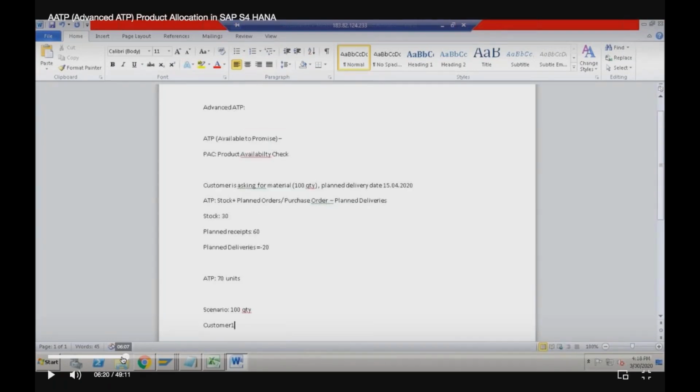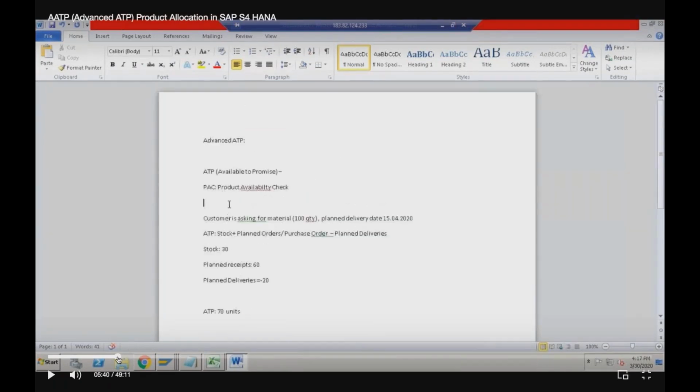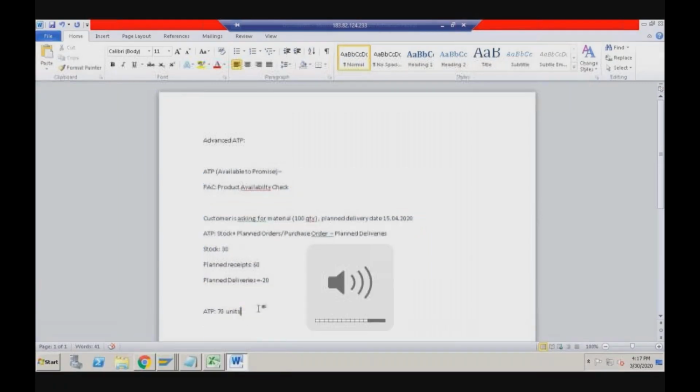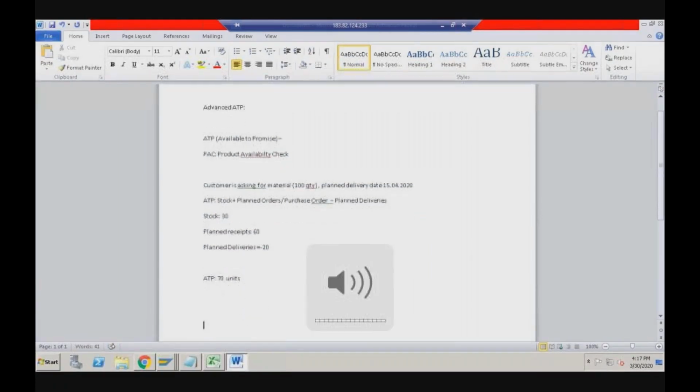This is, I think, product allocation. You already have these ATP checks available. Okay, I'll give you one scenario in which you will understand why SAP came up with advanced ATP. So this is a basic product availability check, where the system will go and find out whether sufficient quantity is available or not. Now let's assume there is one scenario,